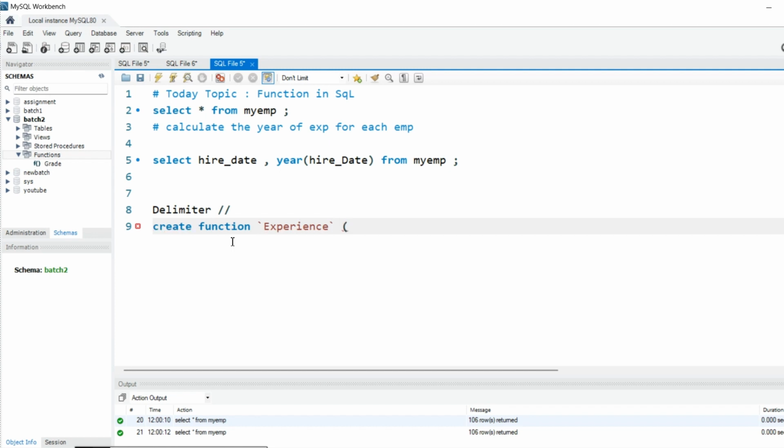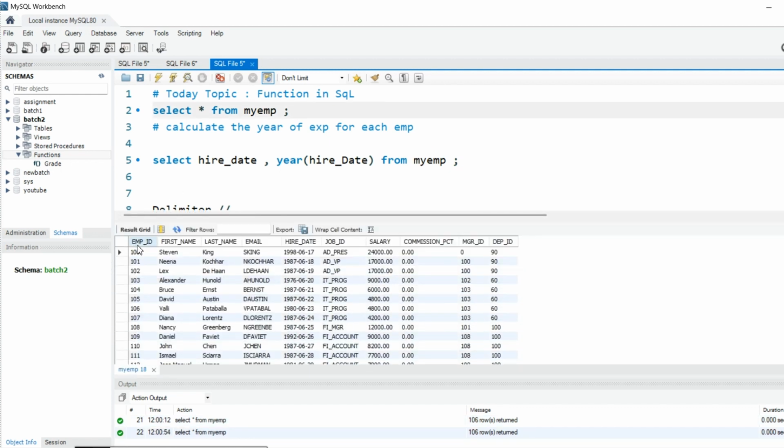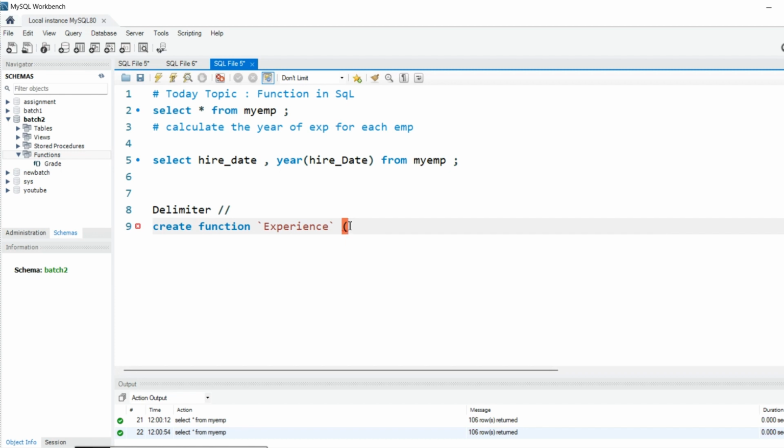Okay, then we will set the parameter, because from this table we are going to extract, right? So for the employee ID we will use it here. For employee ID, I can set the parameter. For example, I will write EID. You can write whatever parameter name; you can set anything as per the user.